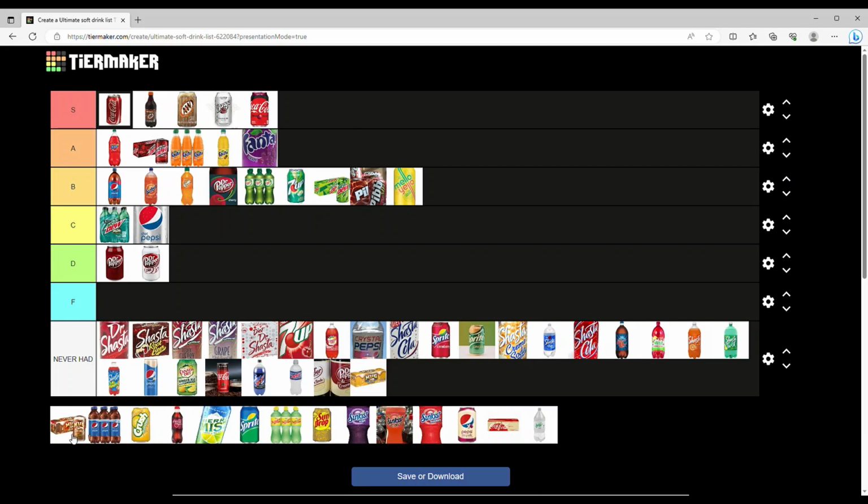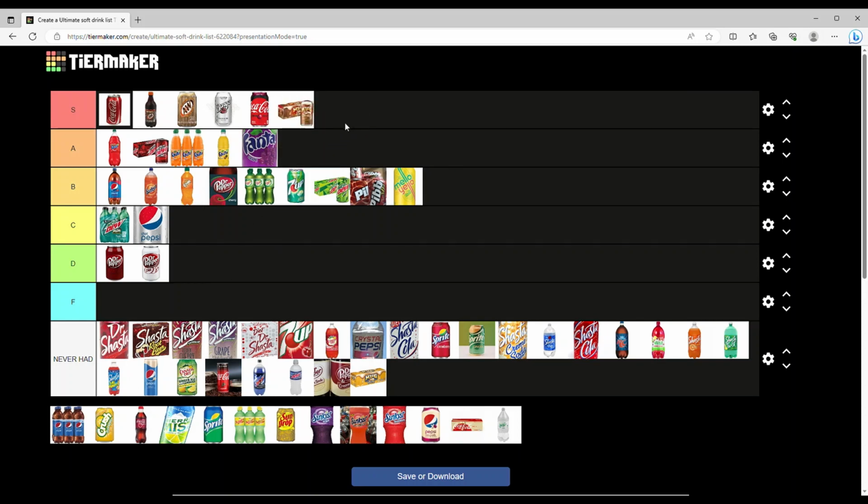Alright, Mug Root Beer, this is by the PepsiCo, and I'll also put this in the S tier, just not as good as A&W or Barks. Alright, I've been waiting for this one. Pepsi itself. I will put this